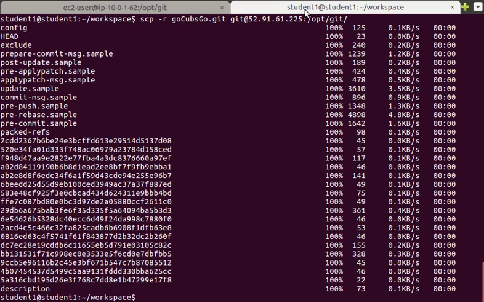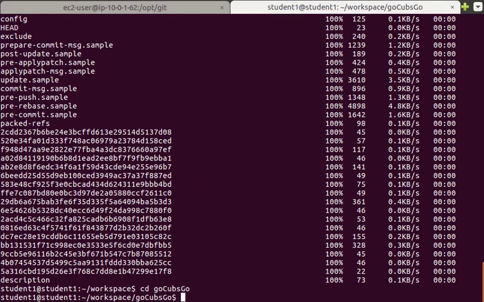So now we're still on our development side. We need to go back into gocubsgo, and we need to add a remote. So we just copied it over to the remote directory. Now we need to tell this directory where we're going to send it when we actually push. So we need to run git remote add origin, and they're going to use the same git user at 52